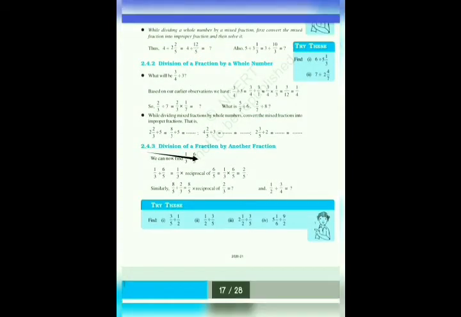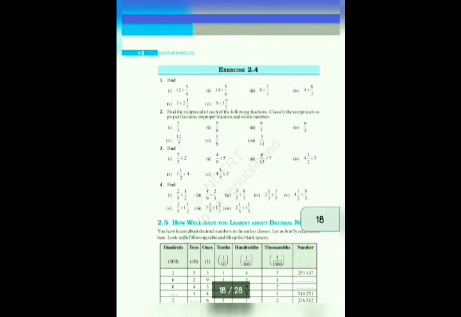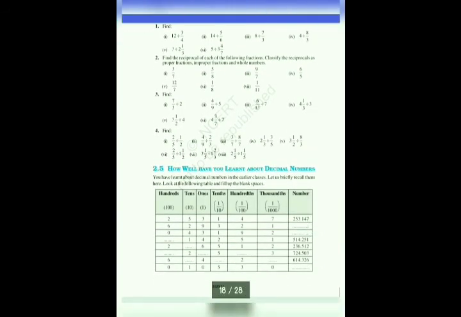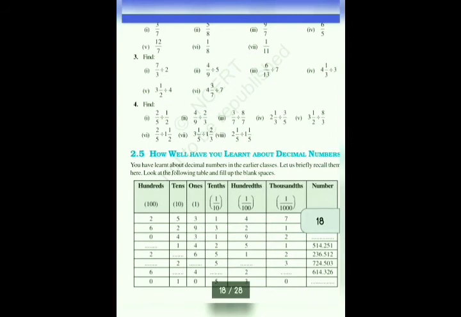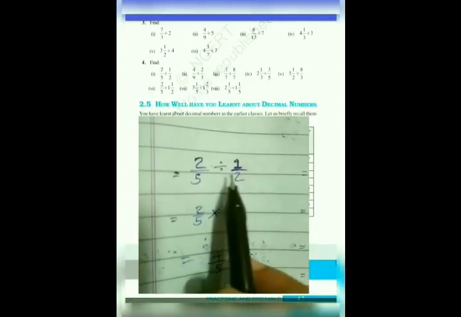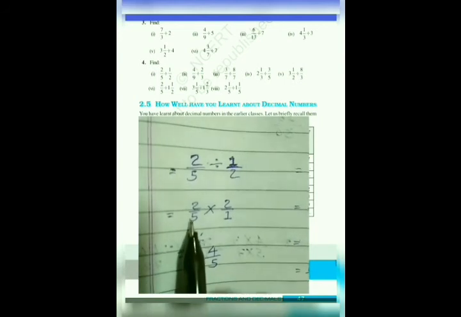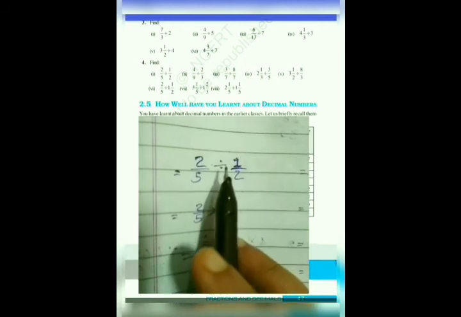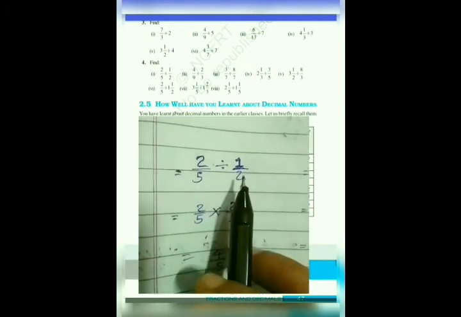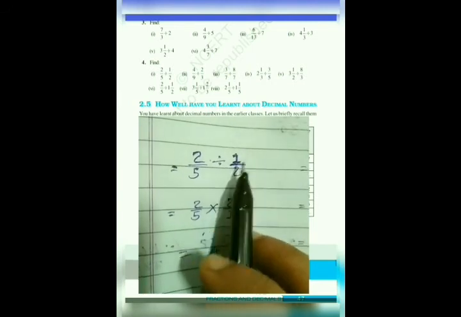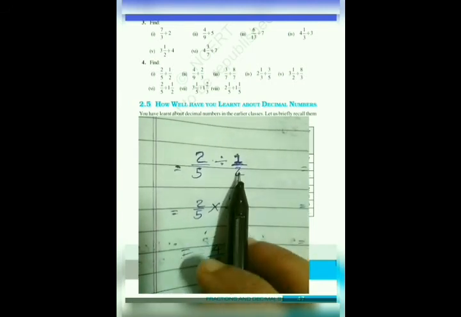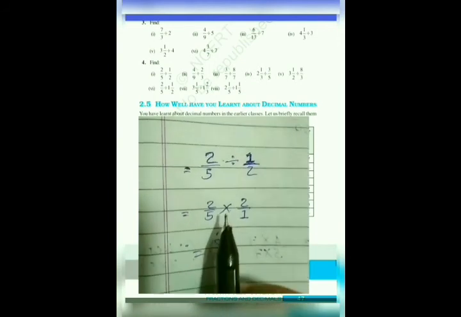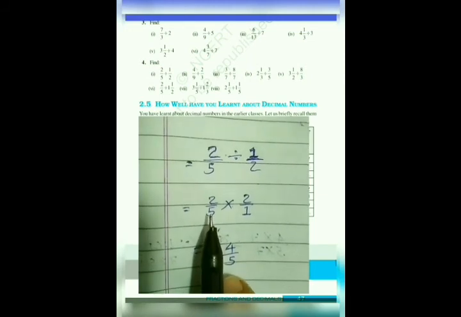Now we take a division of a fraction by another fraction. Here we take some examples of division of a fraction by a fraction. Here we take example number 1. Here is our question, 2 by 5 divided by 1 by 2. Here we take 2 by 5 as it is. Now we convert our division sign into a multiplication sign. So whenever we convert a division sign into a multiplication sign, our denominator becomes the numerator and the numerator becomes the denominator. So 1 by 2 is written as 2 by 1. Now we simplify our numerator: 2 times 2, 2 2s are 4, and in our denominator we can write 5 times 1 as